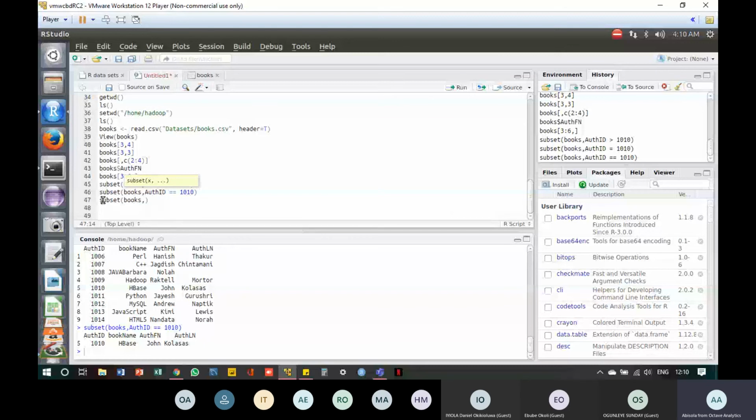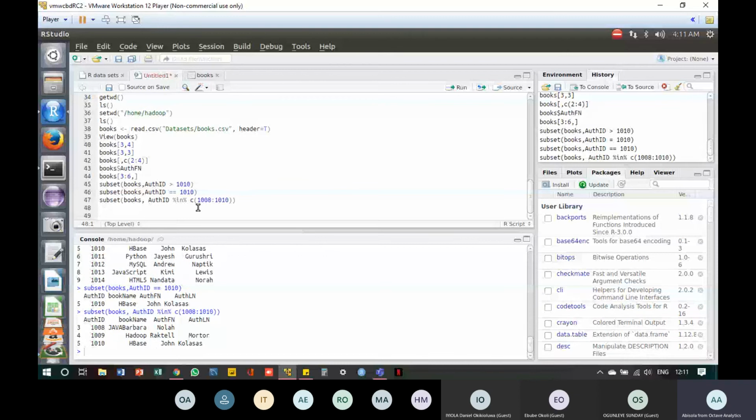AUTHID in. So I want to see AUTHID in c from 1008 to 1010. So see, I'm trying to subset from 1008 to 1010, and I have to put this in form of a